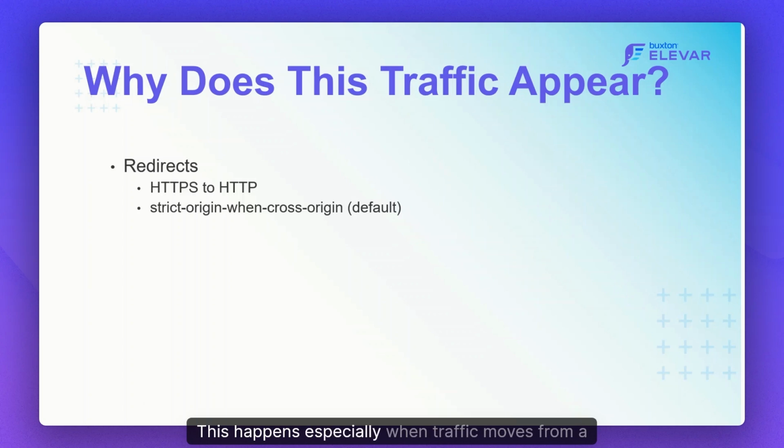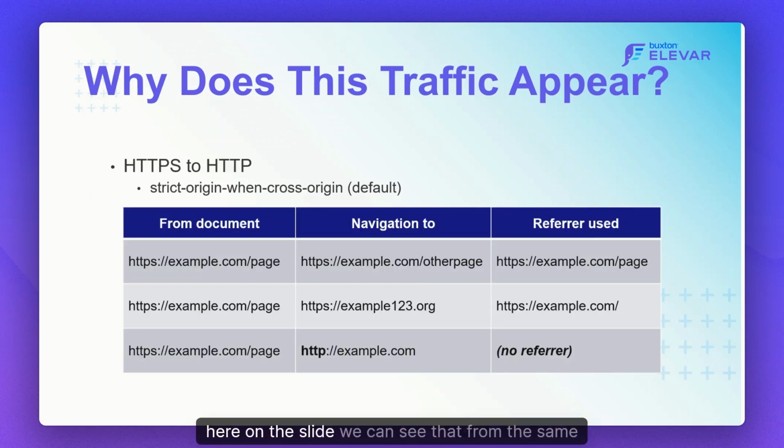This happens especially when traffic moves from a secure site to a non-secure one. These days, the default referrer policy of majority browsers is strict origin when cross origin. Let's understand this with the following example. Here on the slide, we can see that from the same source page, three different link clicks lead to three